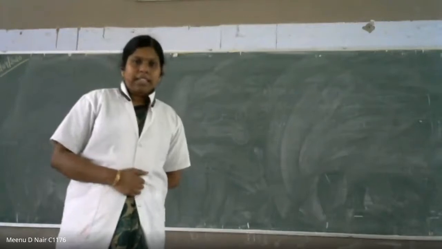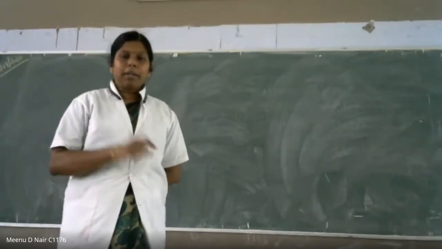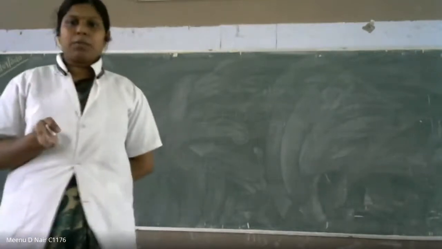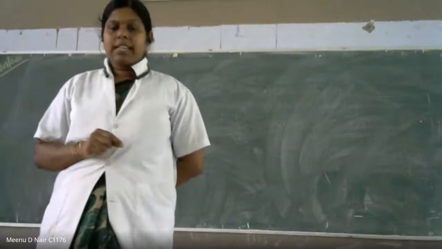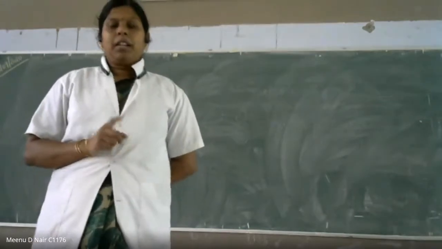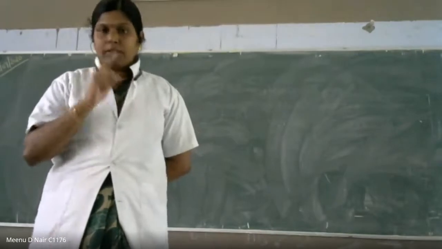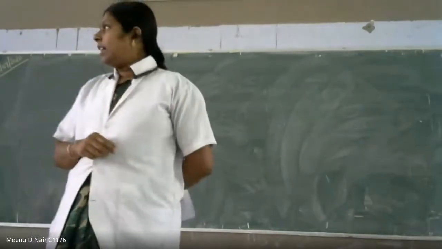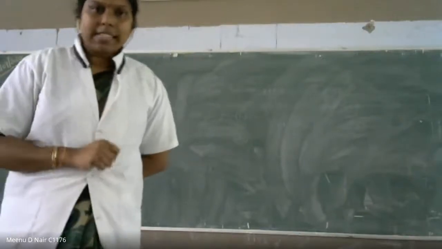Then, later, we had seen how to convert a particular flip-flop into another flip-flop. There are so many combinations. We had seen three combinations: SR to D flip-flop, SR to JK or JK to SR, and then D to T flip-flop. All these three conversions we had seen.